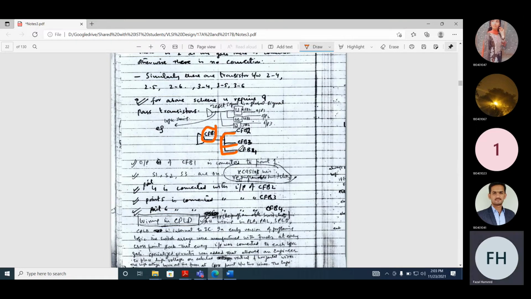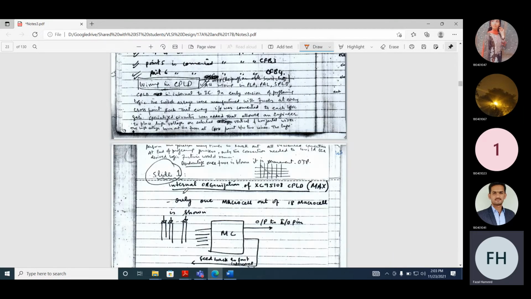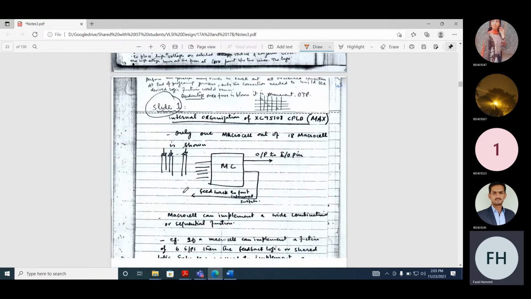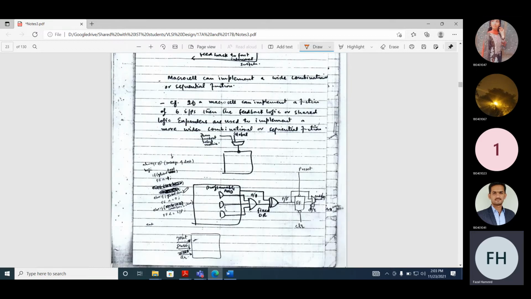So in that case, the output of one macro cell may go to the inputs of multiple macro cells. So definitely, the switching circuit will be used, and we will also study this with an example.